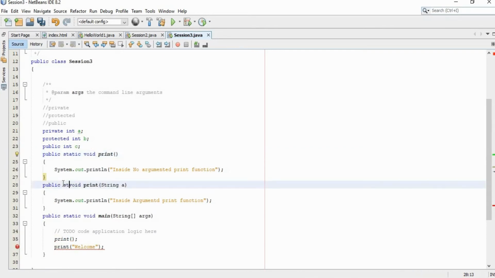As I told you in the previous video itself, only static context can be accessed from the static context, which is here, our main function is static, right? In order for the other function to be called from your main function, you should keep the other function as static, right? So this is one rule, and let's run this program.